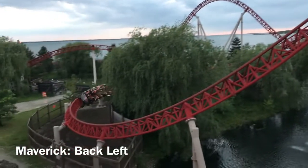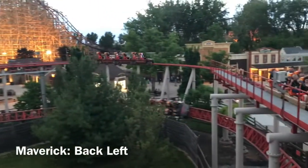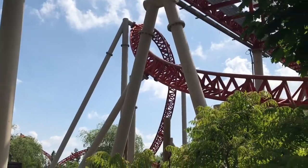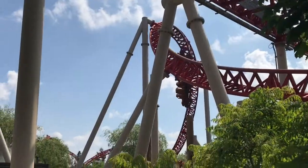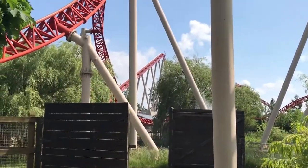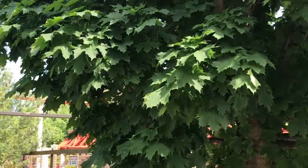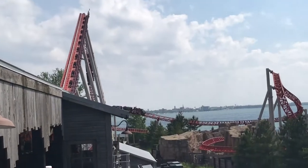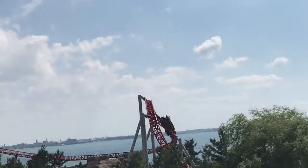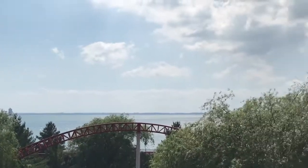So let's get started off with Maverick at Cedar Point, and I prefer the back left seat by far. Back right is great too, but I've got most of my rides on back left. I'm pretty sure I got like 11 rides on back left. I don't really think the side actually matters, but I'm just going to say back left just for the fun of it. Front row was great too. Again, I love the wind in your face feeling. I love the hang time with those inversions. The hang time was great. I like the inversions a lot better in the front row, but personally for me, I love Maverick in the